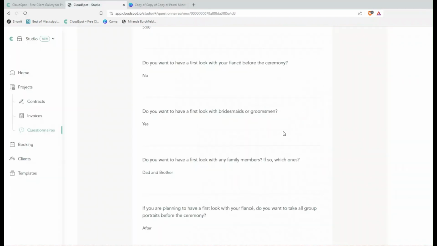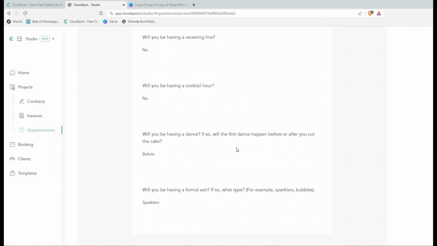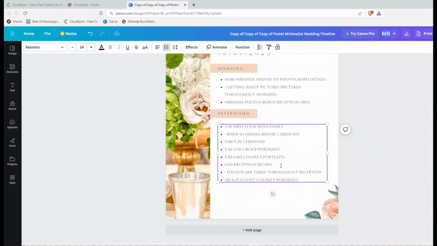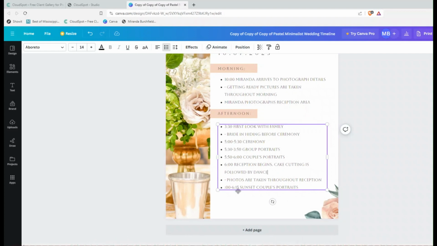Okay, so she's going to have the cake cutting after the first dance. Yes, first dance is going to happen before they cut the cake. Okay, so we're going to say reception begins, the cake cutting is followed by the dance, and then let's add in here